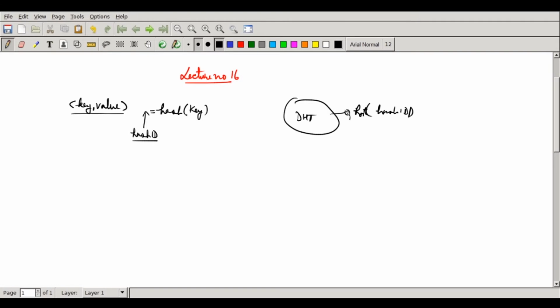This node is going to be responsible for holding on to the key and the corresponding value pair. It will maintain a database, and in this database it is going to hold the key value. Whenever somebody wants to search for this key, he will again compute the hash of the key, get the hash ID, and send a query message to the root of the hash ID, requesting the key value pair.